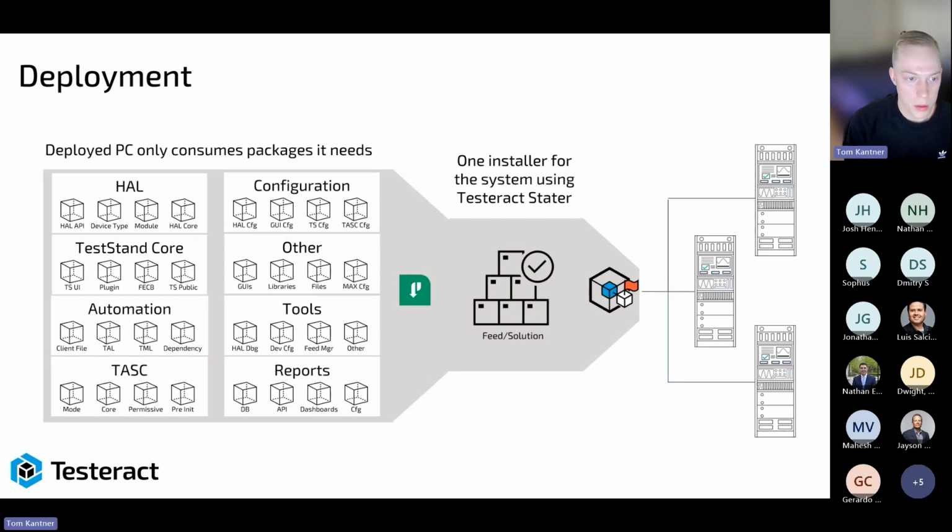So a little bit about deployment, having this piecewise modular approach becomes really powerful for deployment, because you can basically have libraries, which we see over here on the left, that you can pull into what are called feeds or solutions, basically the lists of packages that you're going to install on your system. So you simply can come in and select just the packages and things that you need. Maybe you just need a DMM and a power supply and then 2 models for each. Great, just pull all that information in along with the HAL core and then some other tools, maybe some GUIs. You build a solution, you build a state or a snapshot, and then you install that on your